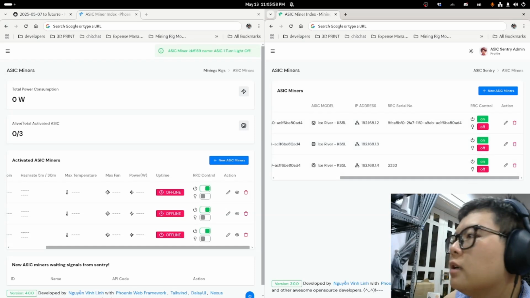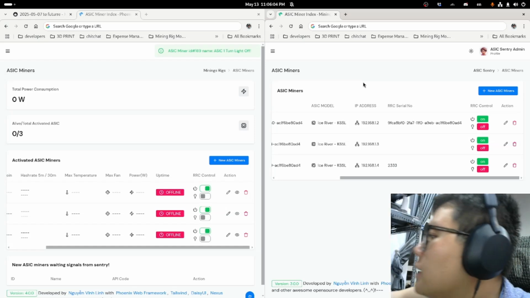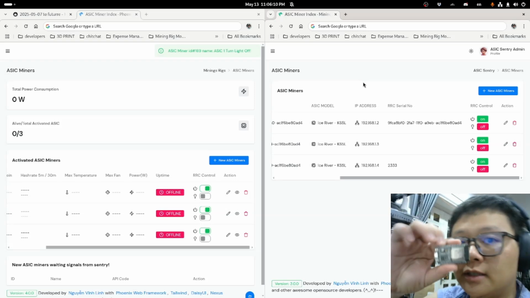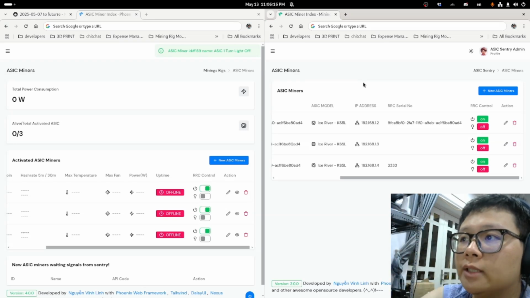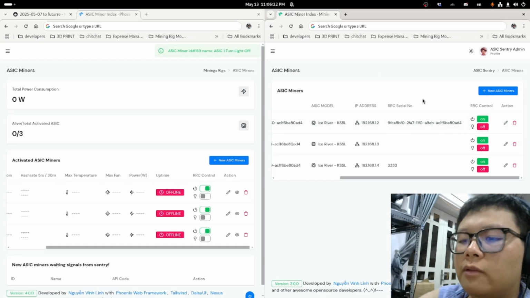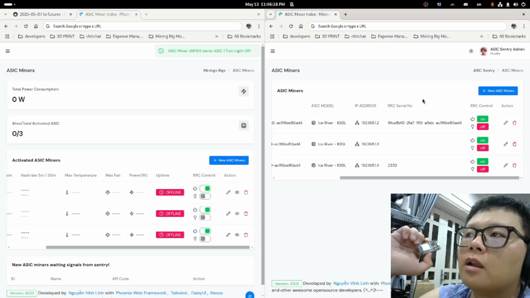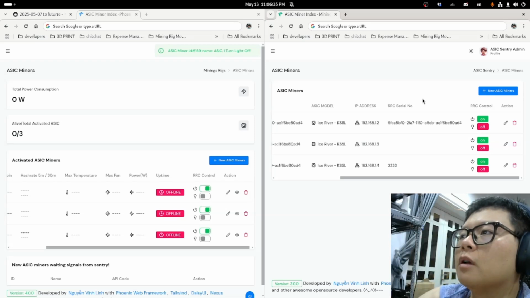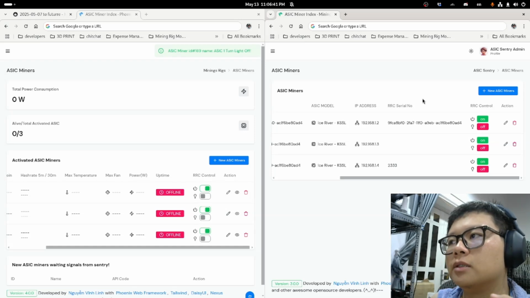So here on the ASIC Sentry, there is a new signal that turns off the light. In the future, we're going to have an ESP32, this guy here. I don't know if you could see it. It's going to send a signal to the ASIC Sentry with our RRC serial number. For every single ESP32, when I program it, I'm going to assign an RRC serial number for every single module. It means that we need to do a mapping between the ASIC Miner and the RRC controller,